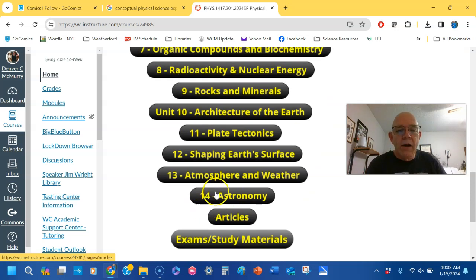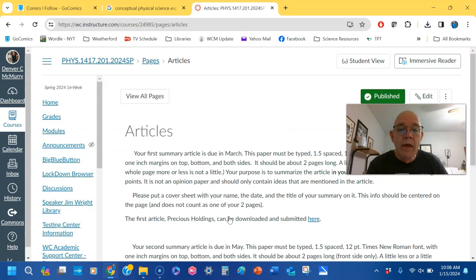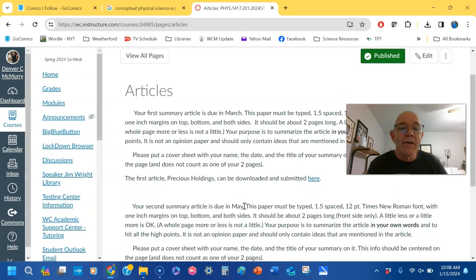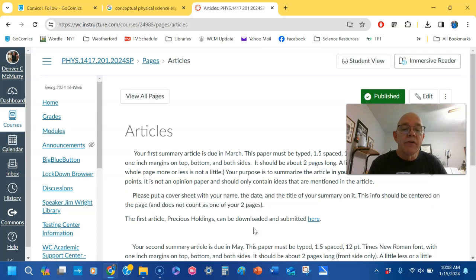Now, a couple things besides the units. Obviously, here's one for articles. These will be the articles that you will write. I don't remember off the top of my head when they're due, but they are listed on there. This tells you the first article, and then here's your second article. So this will take you to the articles and show you,